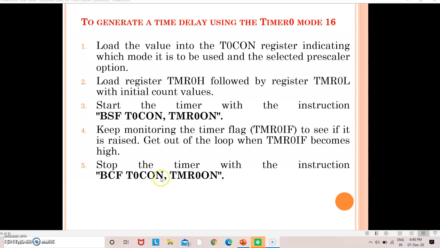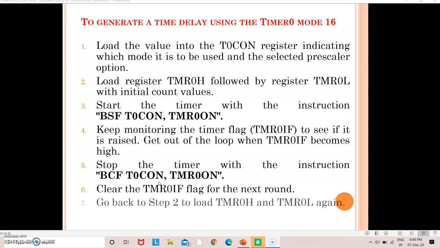By using the BCF instruction, I am going to stop the timer. After doing this, I want to clear the overflow flag so that I can go for the next round. In the next round, I can again repeat from step 2, that is loading the initial value in the low byte and high byte of the timer register, starting the timer, monitoring the overflow, then clearing the flag, stopping the timer, and starting again.